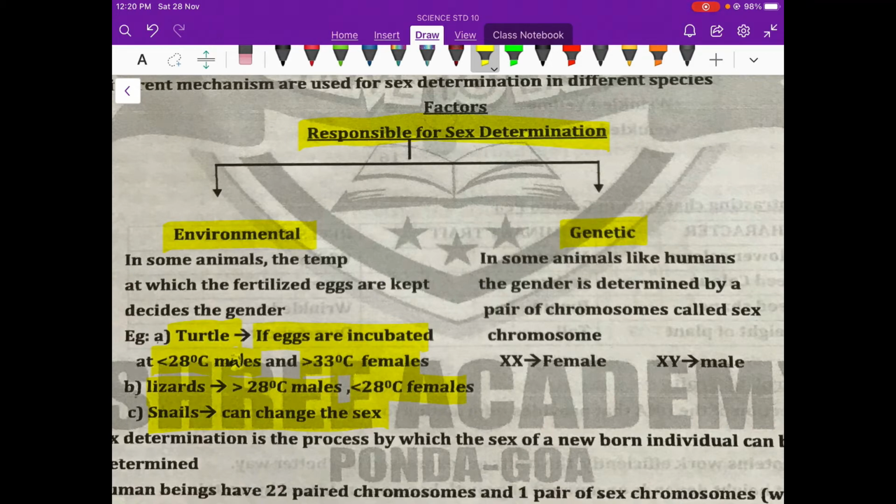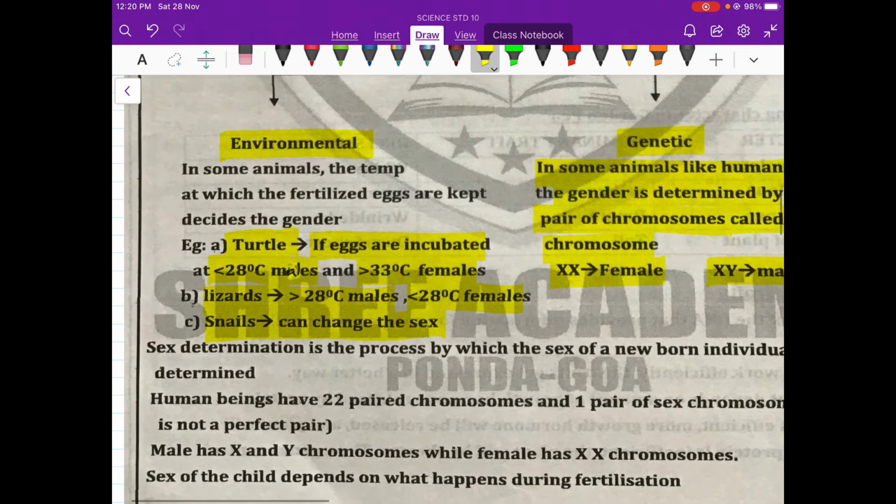Now, in genetics, the factors determining the sex are determined by a pair of chromosomes, as we have in humans also, and these pair of chromosomes are called the sex chromosomes. In a female, the sex chromosome pair is homogeneous, XX, whereas in a male it is heterogeneous, XY. So, who decides?